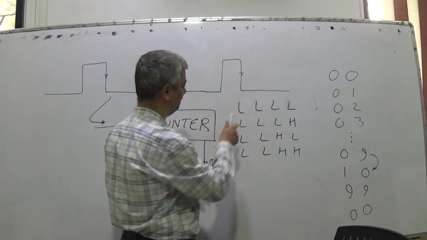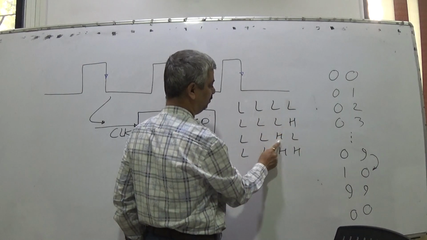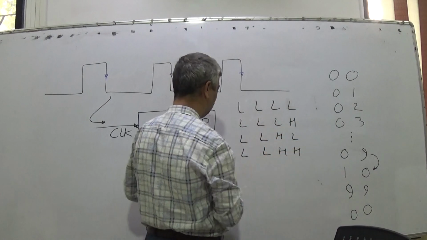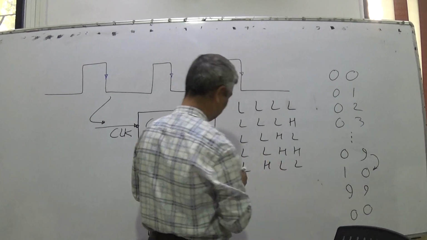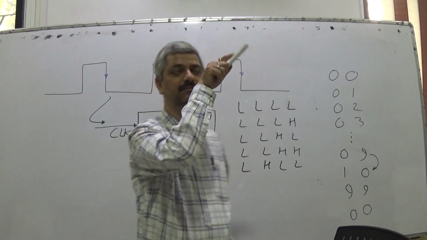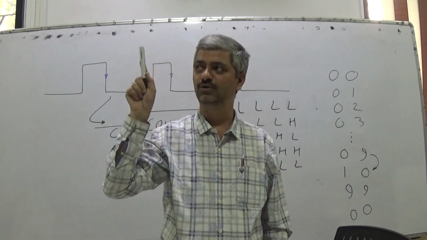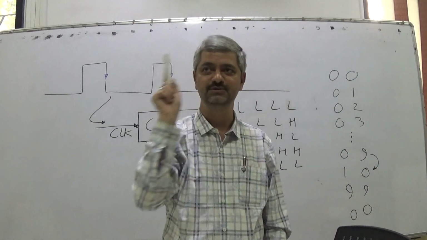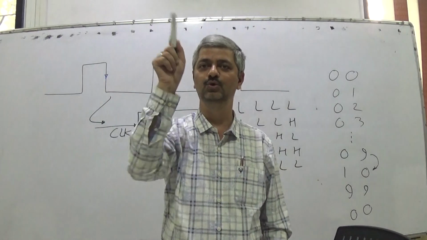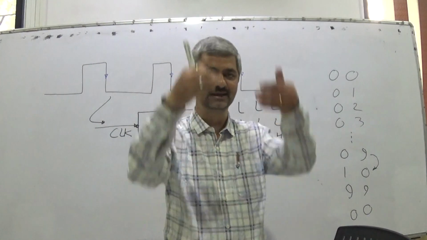So 4 LEDs are there, none of them is glowing. Then this LED glows, then this glows, this goes off, then both LEDs glow. The next state: L, H, L, L. So like this, LEDs not glowing, not glowing, not glowing, glowing: 0, 0, 0, 0, 0, 0, 0, 1, or low, low, low, low, low, low, low, high, low, low, high, low, like that.